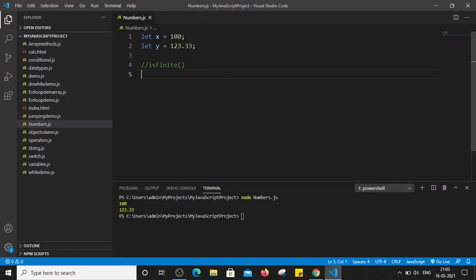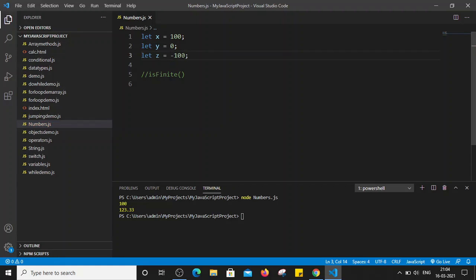Now let's see one example. So let x is equal to 100, let y is equal to 0, and let z is equal to some negative value, let's say minus 100.